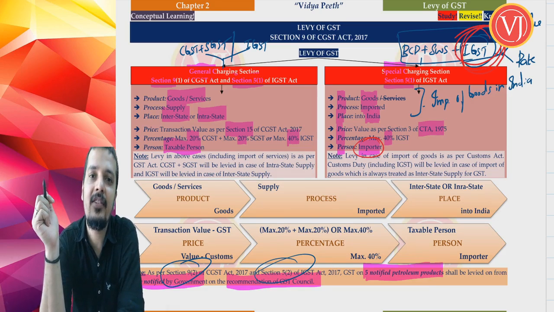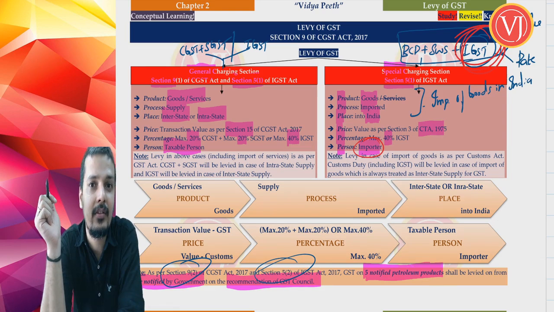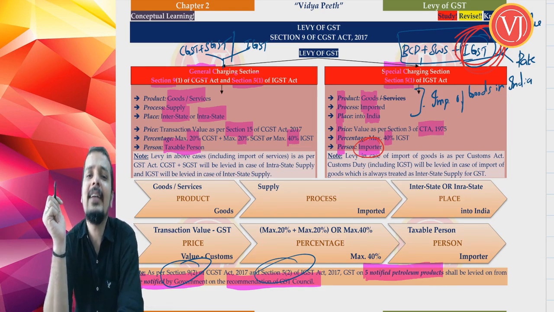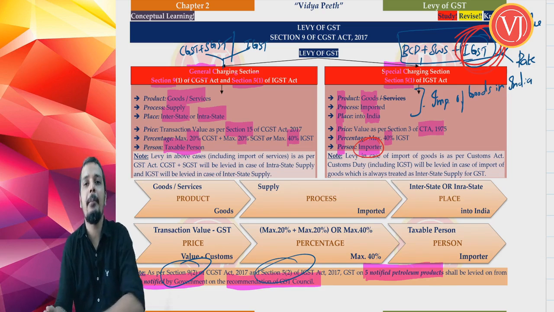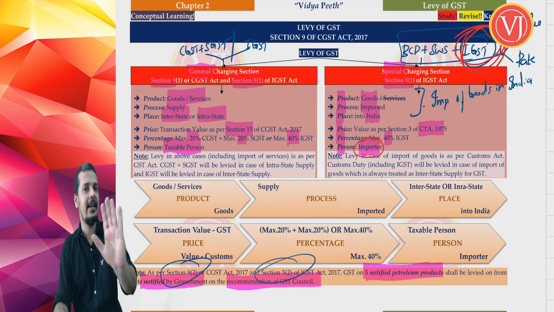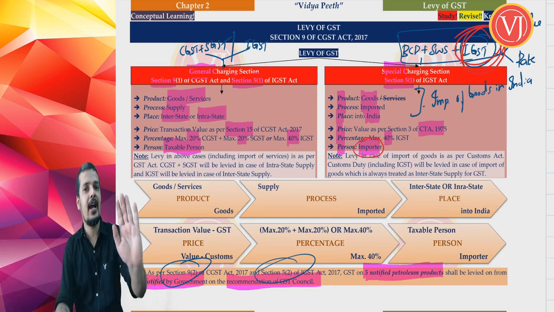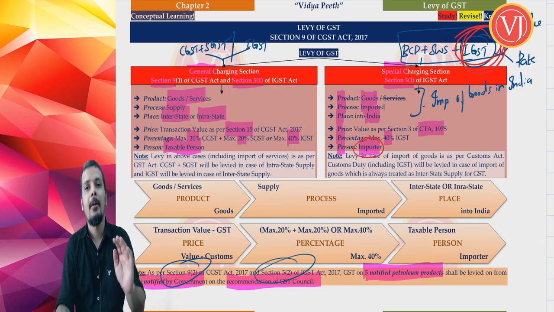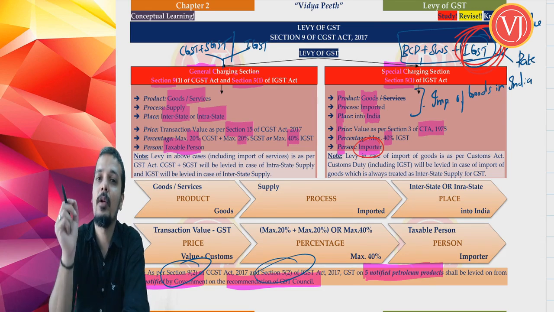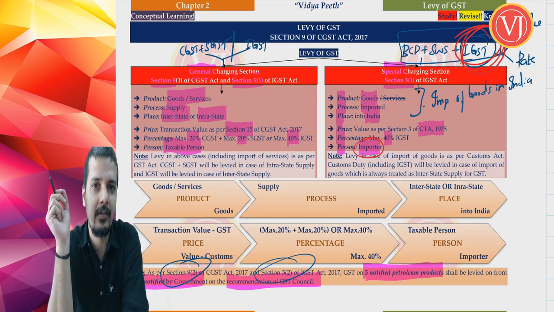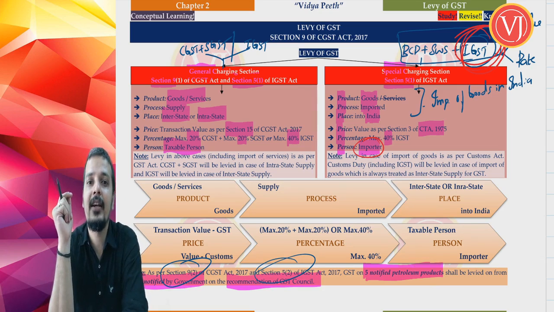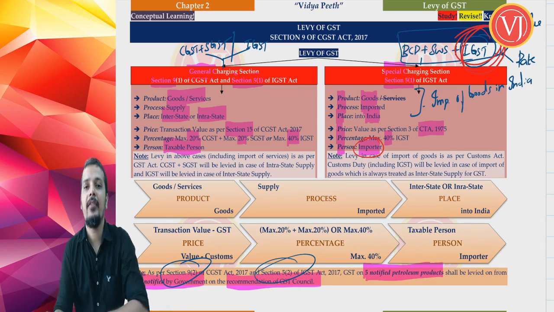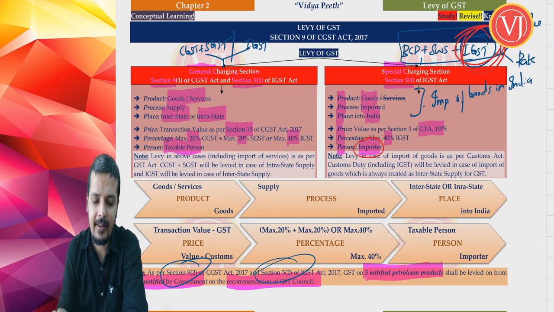Now what is section 9(2) of the CGST Act, read along with section 5(2) of the IGST Act? It tells that these 5 notified petroleum products will come inside the ambit of GST. As of now, they are temporarily kept outside GST, and they have central excise duty plus state VAT. But at any point of time, they can come inside GST when they are notified by the government on the recommendation of the GST Council. So the same point that we discussed earlier in chapter number 1, GST in India, is coming back here, and we are revising it again.